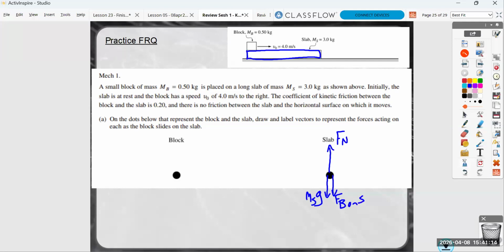The force of the block on the slab. We'll find out more about that later. There's one more force though that I need for my slab. Yeah, friction pointing to the right, because if you think about what's going to happen, the block is sort of going to push the slab to the right, and the thing that's going to be doing that is going to be kinetic friction. They do in fact tell you it's kinetic